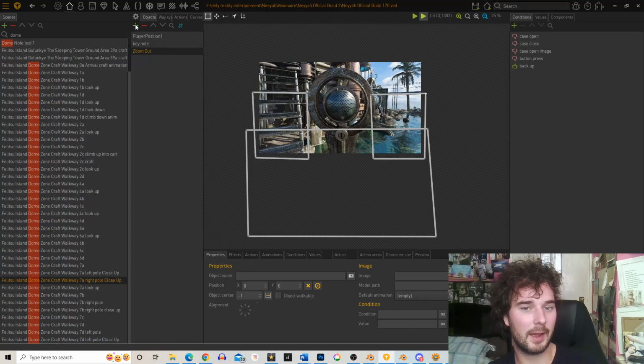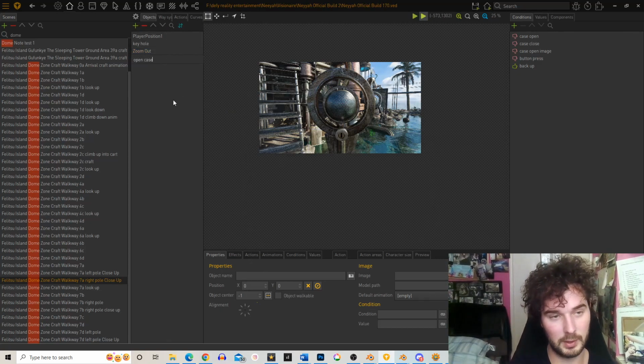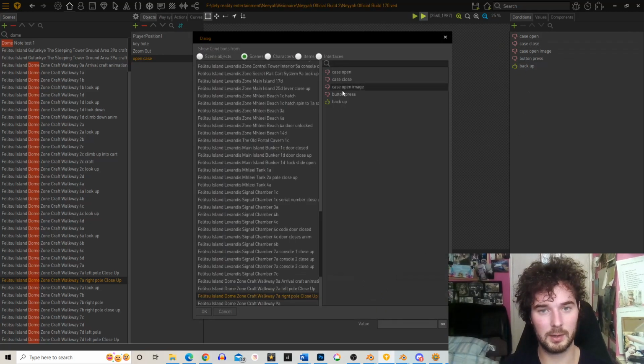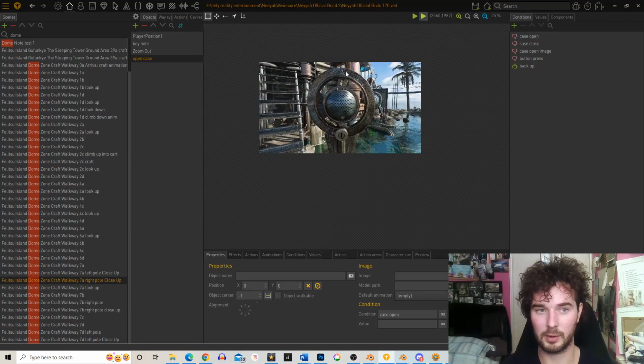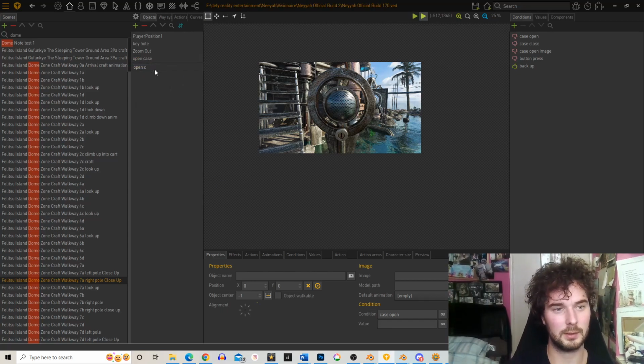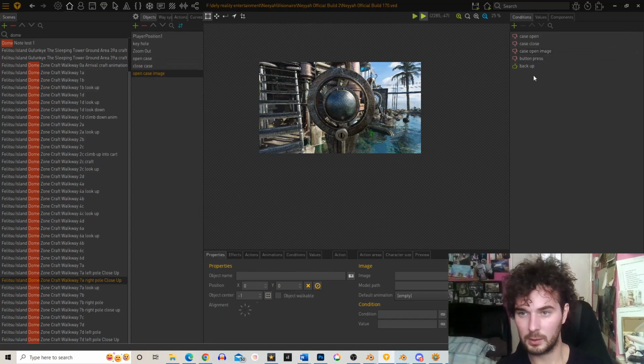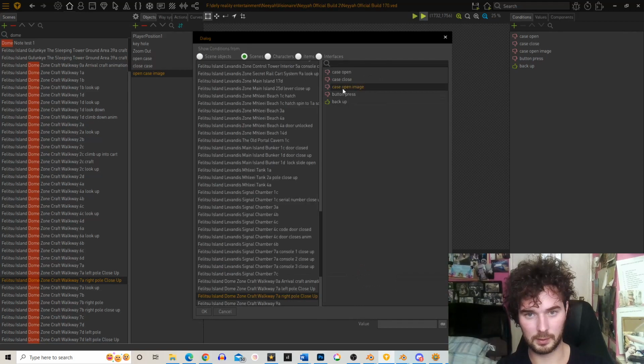So what we need to do now is we need an open case with our conditions here set up. We just need to bring them in. So we'd set it on the right pole, and we've got case open. So we need to set that there. Awesome stuff. We need to have a closed case as well, and we need an open case image. So that needs to be set to this one here,